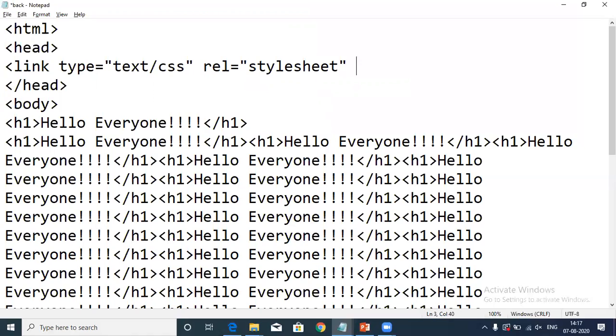Then you will define here the original path of that particular CSS file. Now our CSS file is present at the same location as my HTML file. So here I'll write the file name only. I'm going to save it.